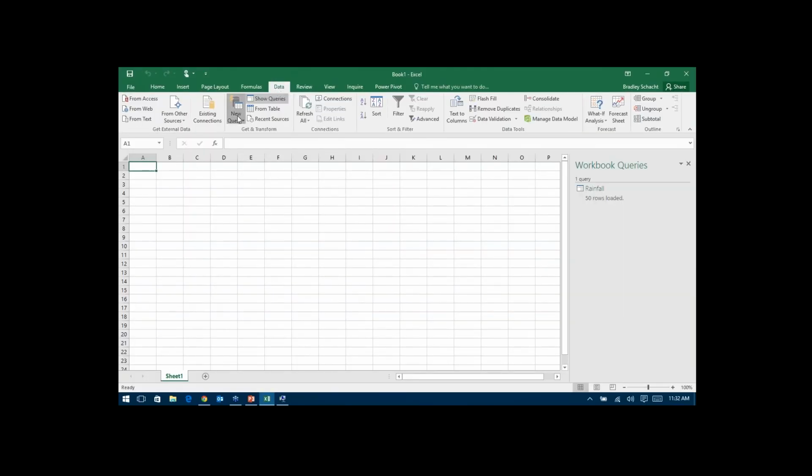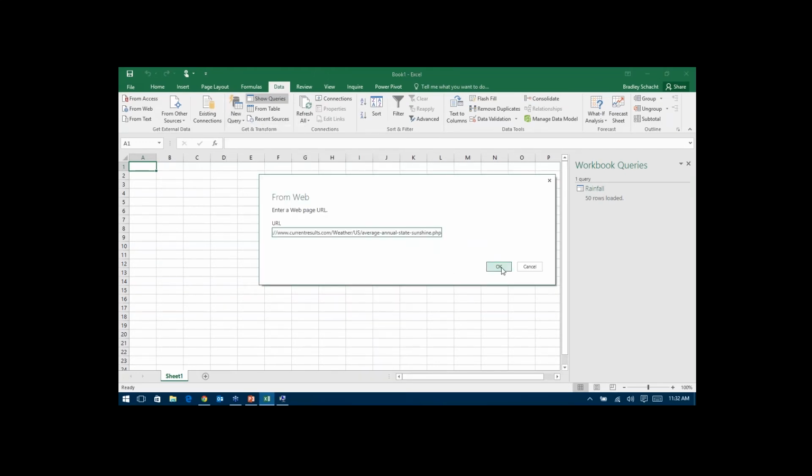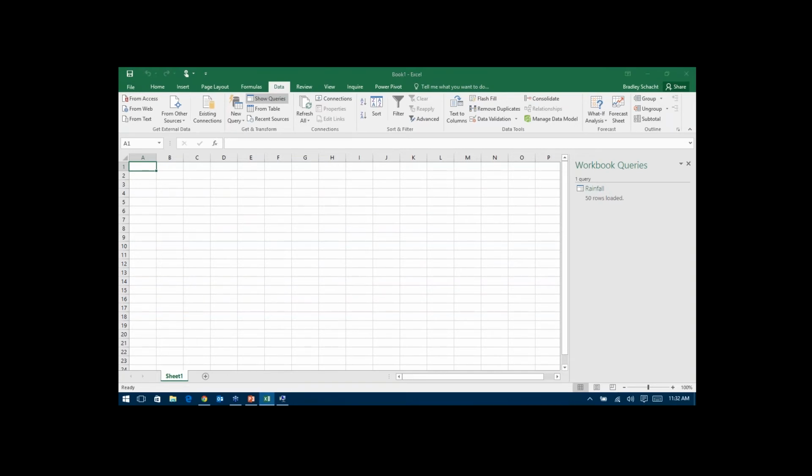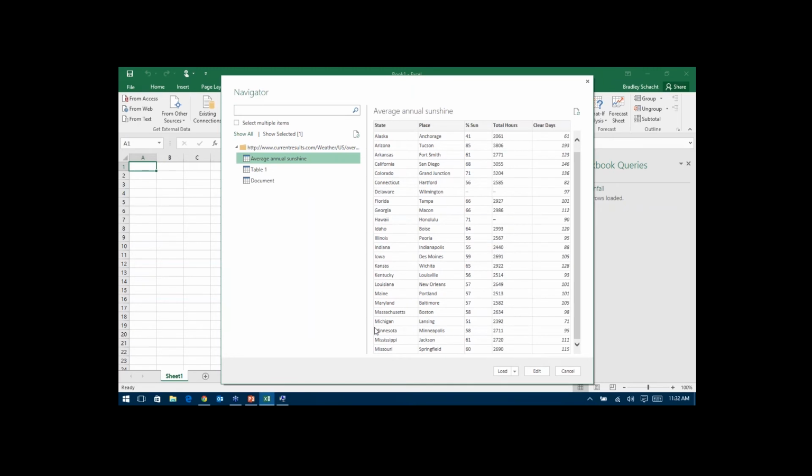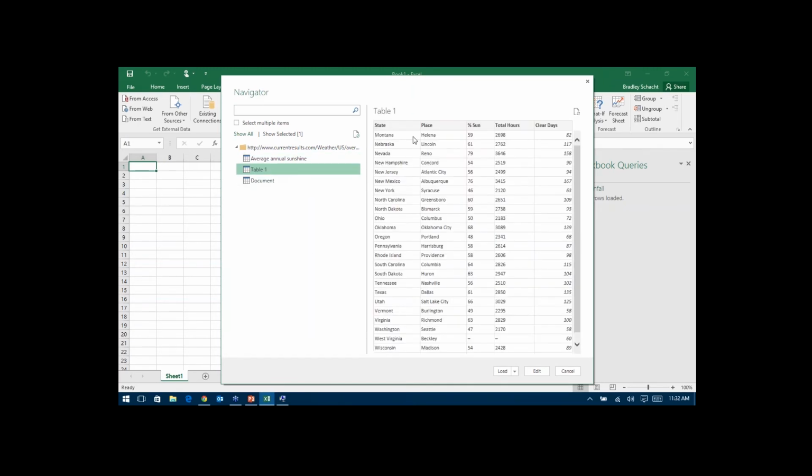Go to our data tab, say new from other sources, from the web again. Again, I'm going to paste that URL in here, and I'm going to click OK. It's going to scrape the web page and give me a list of all the data tables. So prior to this, in the last one, you saw that we had two objects that came up inside of our navigator. One was the data table. The other one was just the document that had all the metadata for that particular web page. This time, you'll notice there are A through Missouri, and this other table here is Montana through Wyoming. So we have two tables inside of there. Again, we have the individual document metadata there for that one.